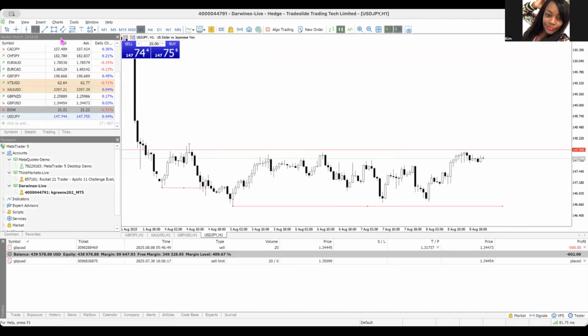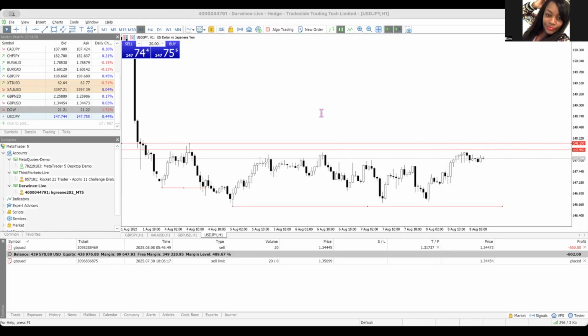And I'm going to set this here. The only reason I'm doing that is because I want to see the price over here, right? So if I want to set a limit, I am going to create a new order. And I am going to set it at 147,950. So I'm going to set a pending order for a sell limit